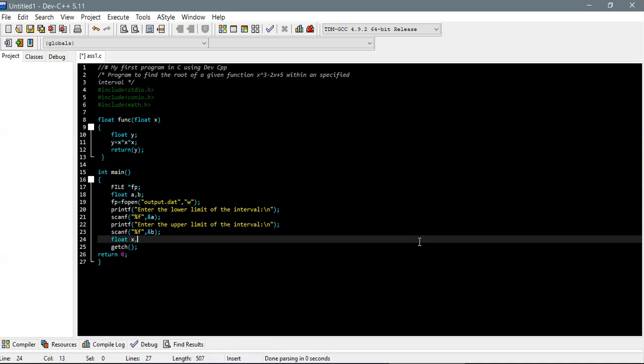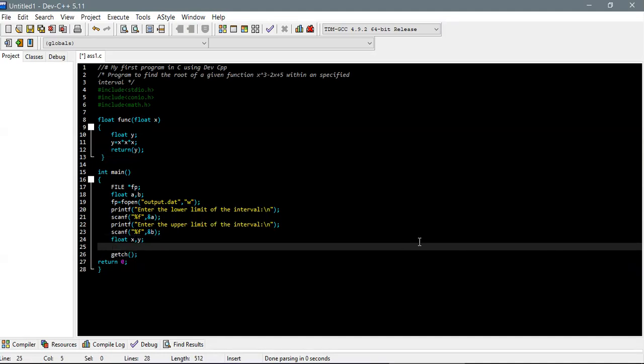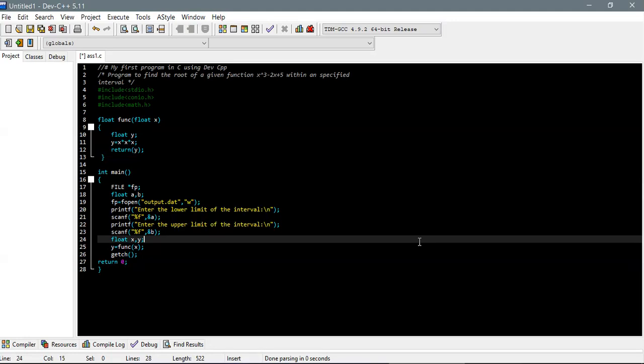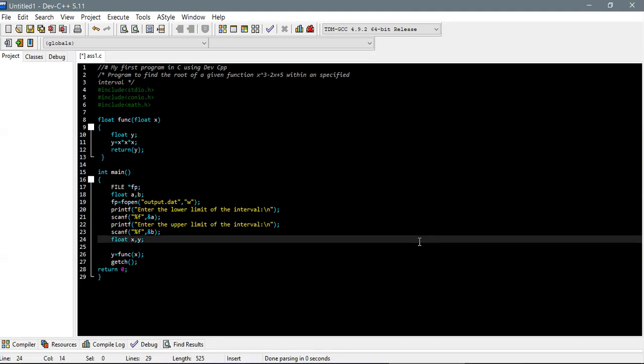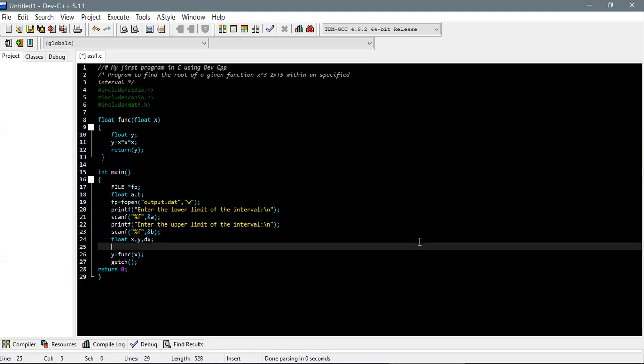Float x comma y is equal to func x. When we do that, we have to first get a small interval, dx. So now how do we calculate dx? We know that dx is equal to